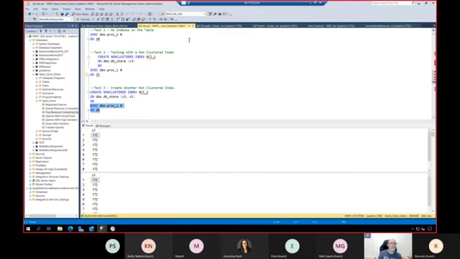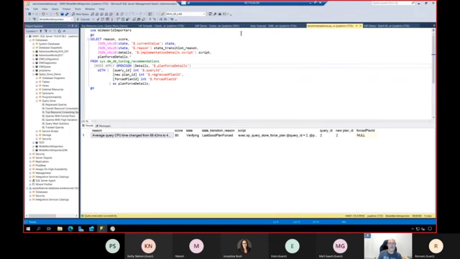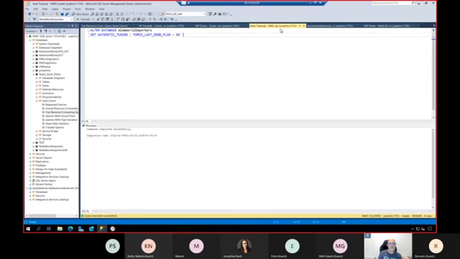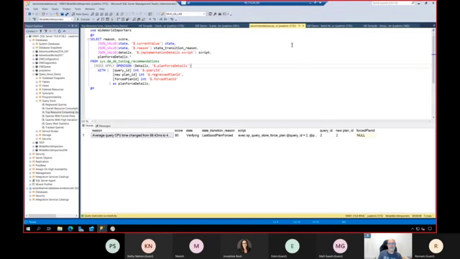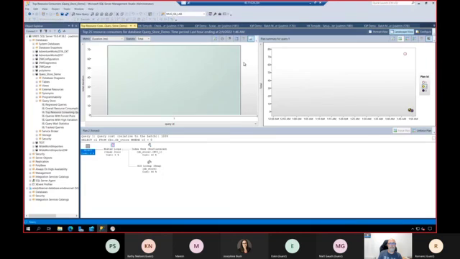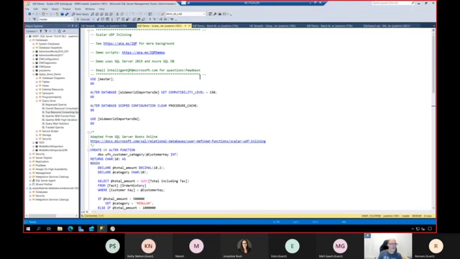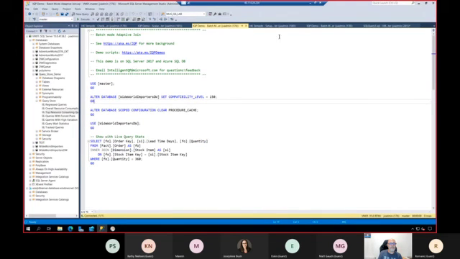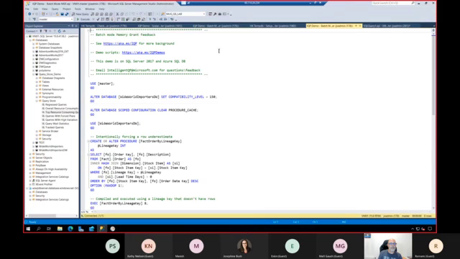Let me also close the Querystore one. And let's go to automatic query tuning. Close some of them so I don't mess it up. Okay. I want to start with this one.